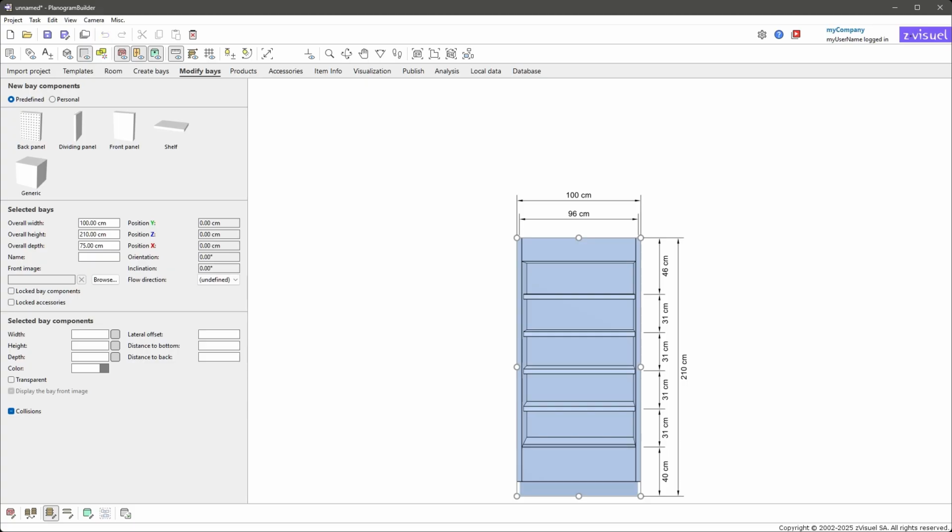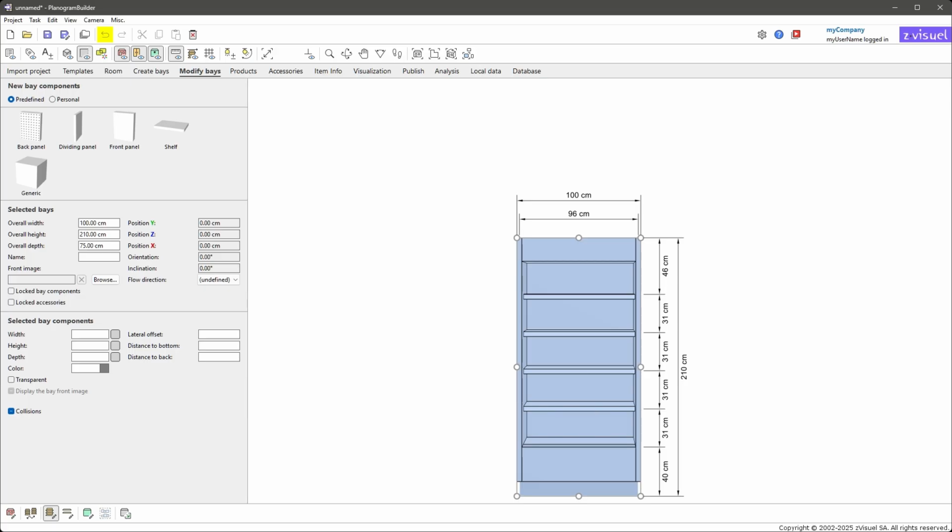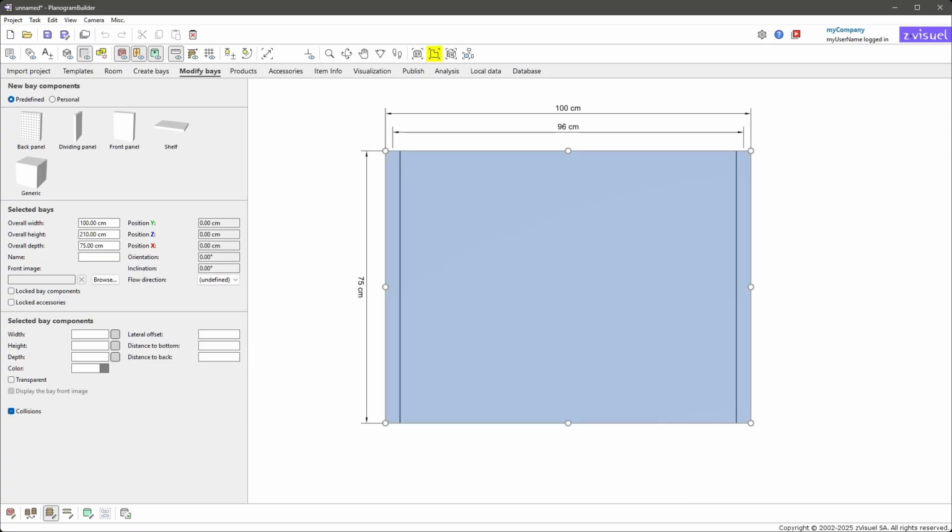Furniture can also be resized with the mouse with the round handles. The corner handles let you resize in two directions, while the middle handles constrain resizing to one direction. Here, we move the top handle until the height reaches 300 centimeters. Click Undo to restore the original dimensions. Note that the orientation of the camera determines which resizing plane and handles are available. For example, to change the depth, click first on top view to display the depth handles.